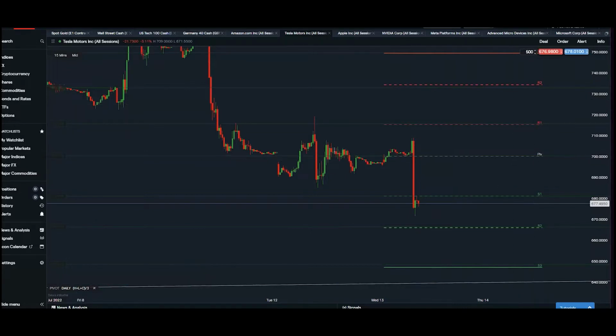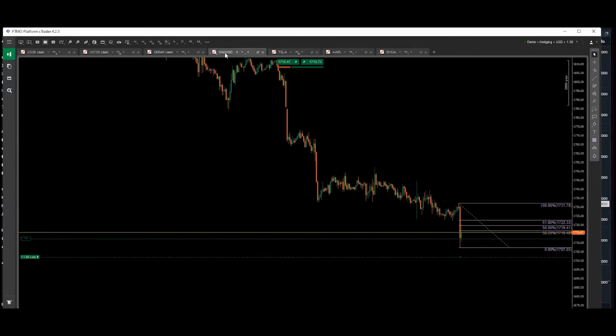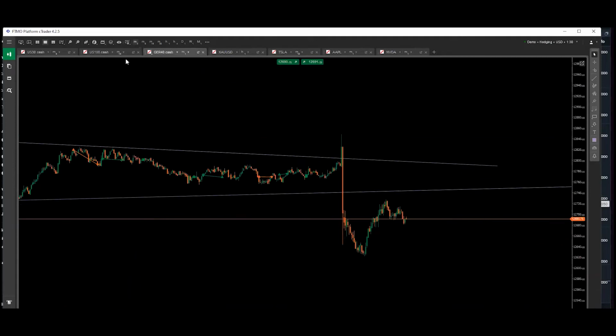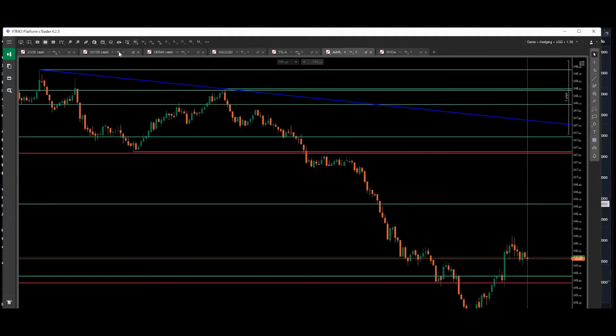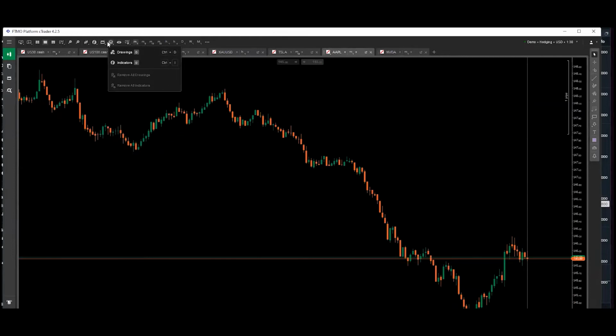Just to cover something off with you as well. Within my FTMO here, you'll notice, and you'll have seen this on my gold charts that I post, that we've got these green lines, blue lines, red lines, and so on. So these are all the T's and Keys indicator. And to apply that to a chart, I'll just put it on my Apple chart already on here. So within indicators, I'll just remove indicators. Within indicators, wherever they are,